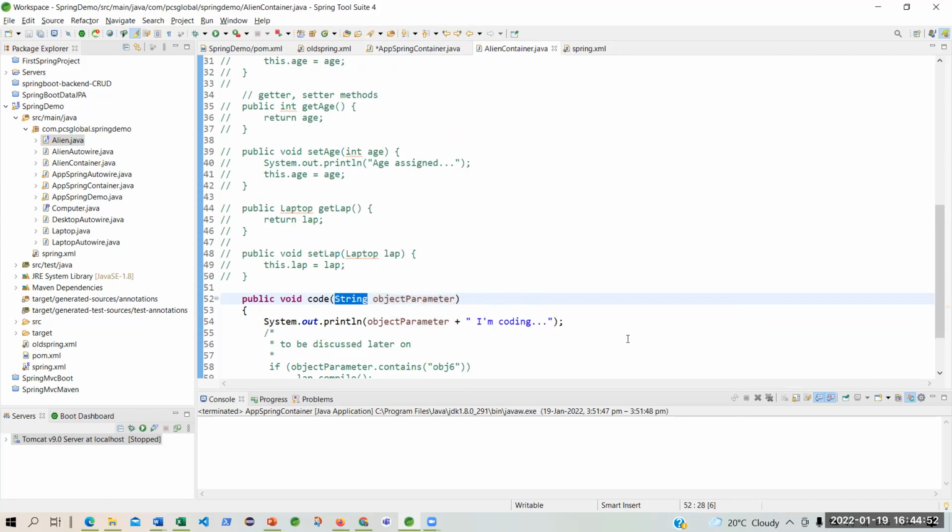Sir, I can pass an integer also as an argument, no? You can also send an integer. But in that case you need to send it as an object. So Integer, not int. Okay, yes, sir. But for the timing, I'm sending just a message or a string.